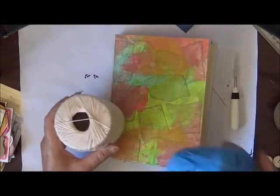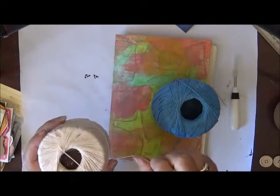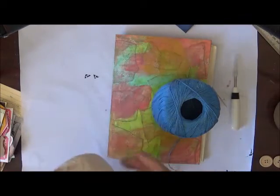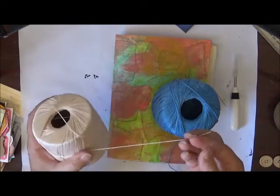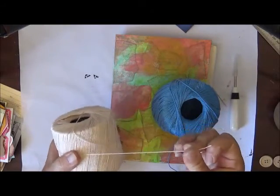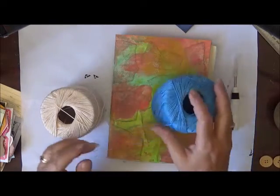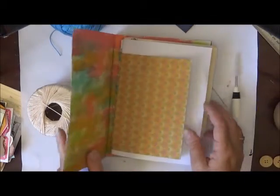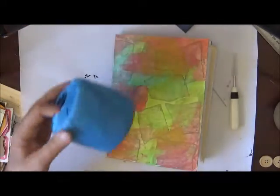And I was just thinking, I grabbed this, God, I don't even know what it's called. You embroidery ladies are just going to have a go at me, because it's like embroidery cotton or something, I don't know, whatever you call it, but I found the blue one too, and I'm actually thinking I might use the blue one just to give this a bit more colour, because I don't want it just plain boring. So I'm going to use the blue one,